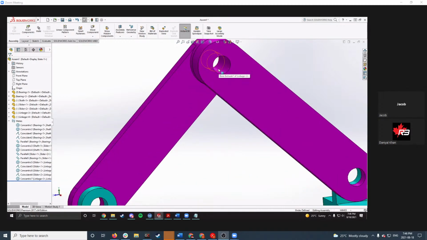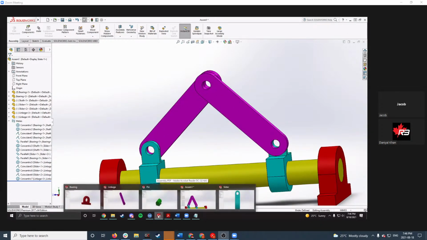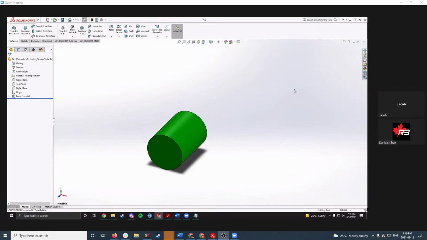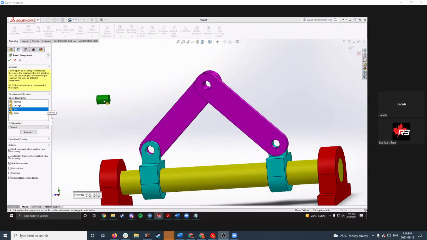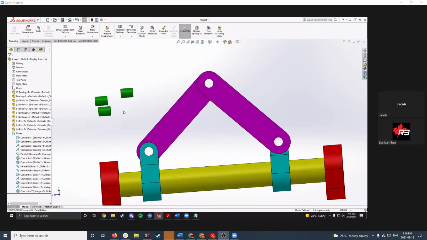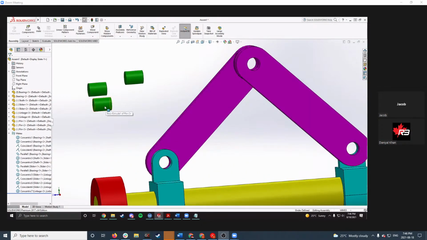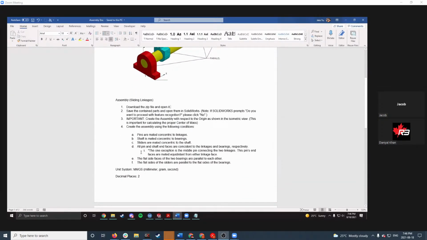Now we have basically our assembly here, and we need to insert the pins as well. We need 3 of these pins. So I'm just going to select the pin in the tree here and hit Control C and then Control V to copy and paste the pin. It can be a little faster if you have a lot of the same part that you want to use. If we take a look at our document, we see that all pin and shaft